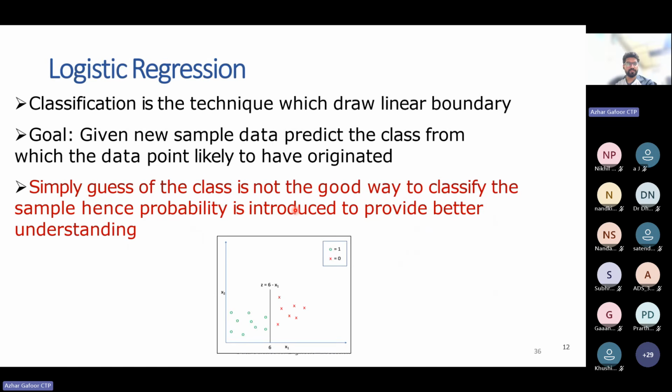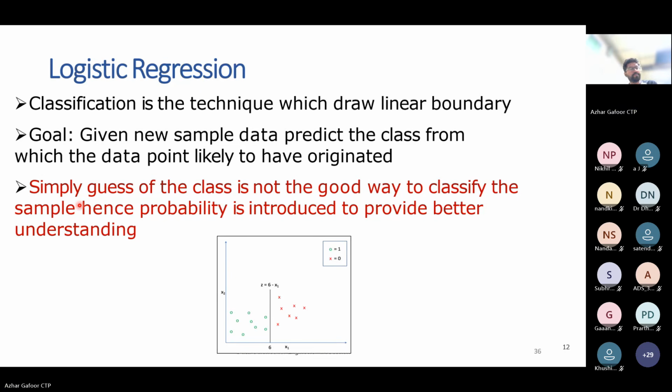Now we'll see the logistic regression. Even though the name is logistic regression, it is a classification technique. Here, given a new sample, we have to predict whether the sample belongs to class 1 or class 0. So if it's a binary classification problem,